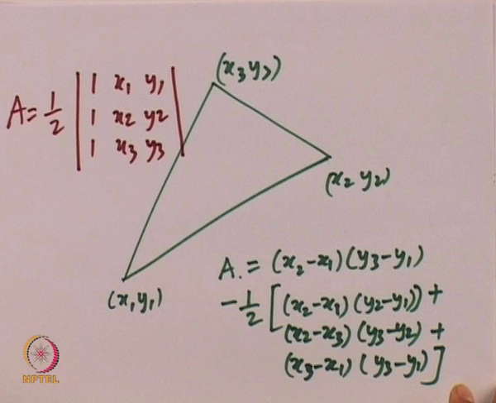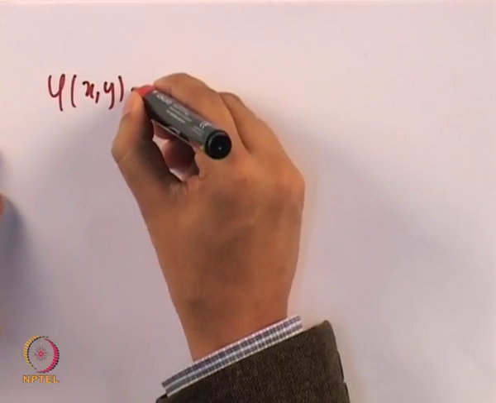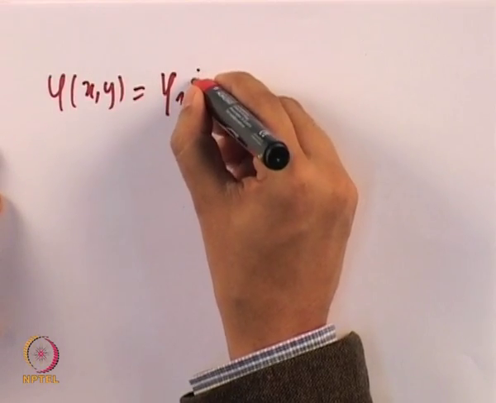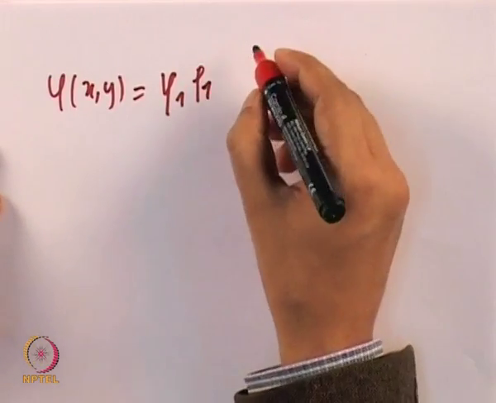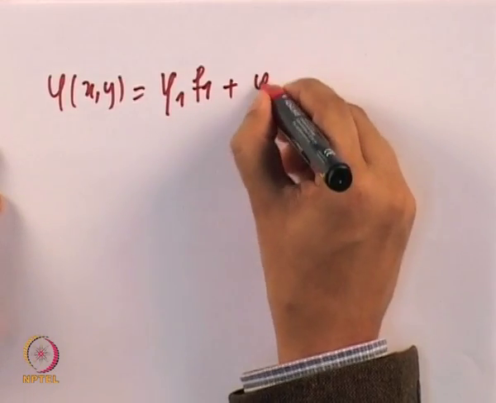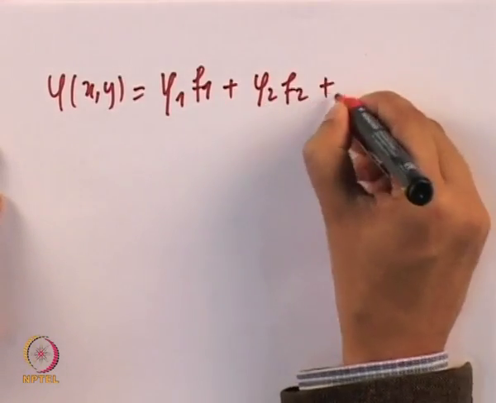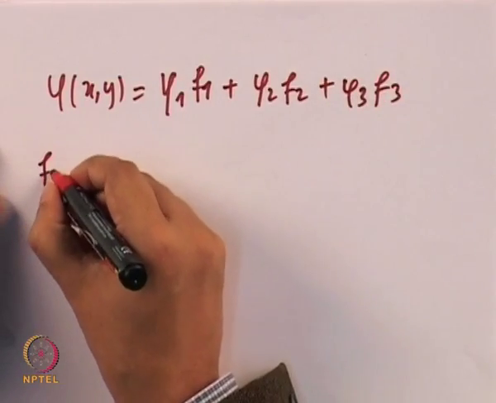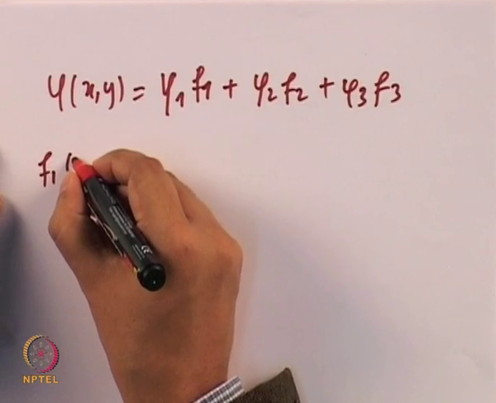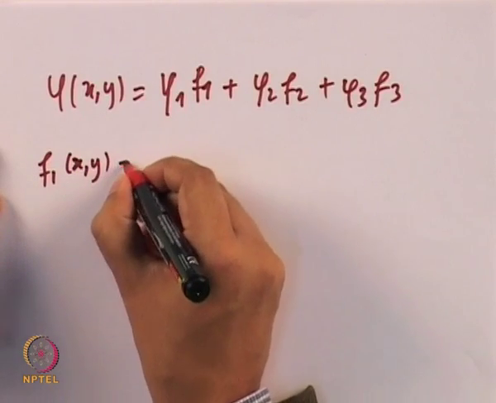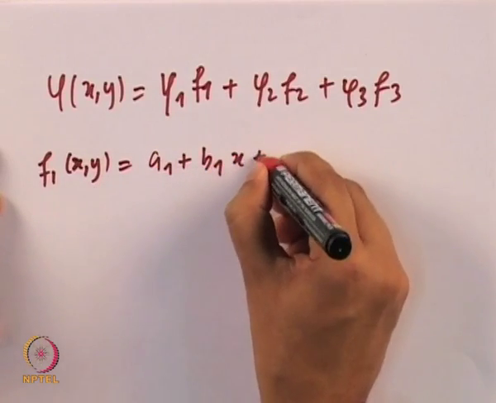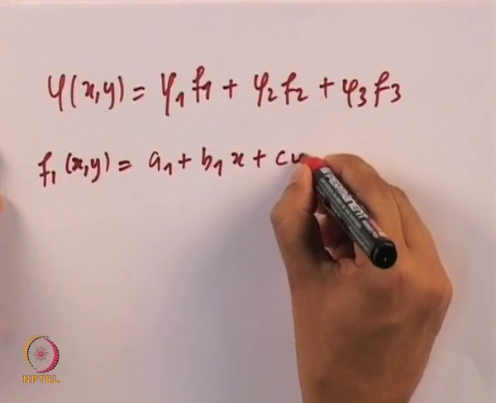Let us say the potential inside the element x comma y is going to be given by phi1 multiplied by f1 plus phi2 multiplied by f2 plus phi3 multiplied by f3, where f1 is a function of x comma y, equal to a1 plus b1 x plus c1 y,